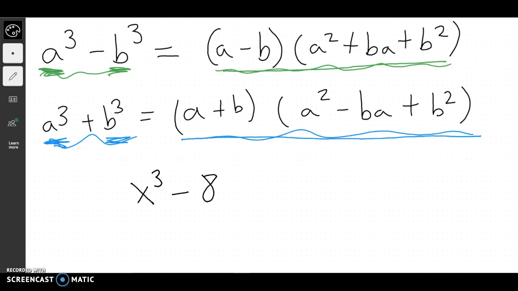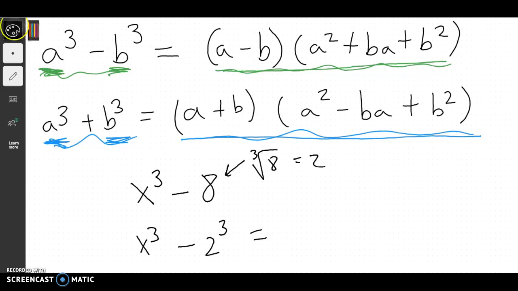Because I know that x cubed is a cube term. And I know that 8 is a cube term, because if you take the cube root of 8, you get 2. So 8 is really 2 cubed. So now we're going to put it into the formula and factor it. My a term in this case would be x, and my b term in this case would be 2. So if we fill this in,